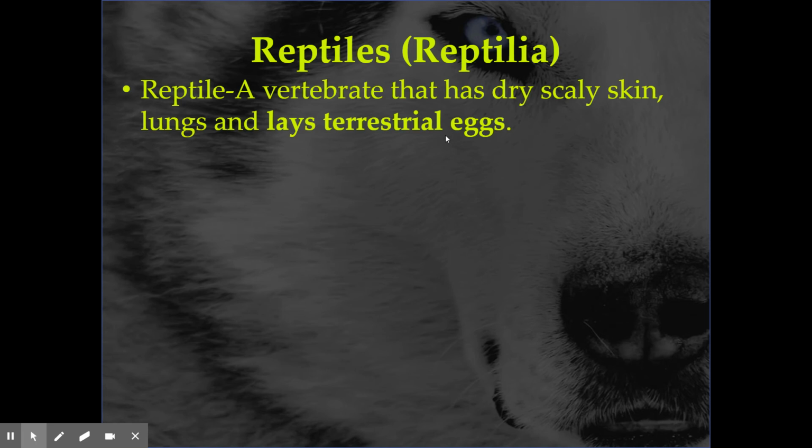Amphibian eggs are very soft and jelly, squishy. They have to be in water, where reptiles lay their eggs on land. They still have a leathery skin. It's not like a hard eggshell typically. So your turtles and your crocodiles and alligators are going to have a leathery skin that they lay on land in a nest of sorts, or in the case of turtles and tortoises, maybe in the sand.